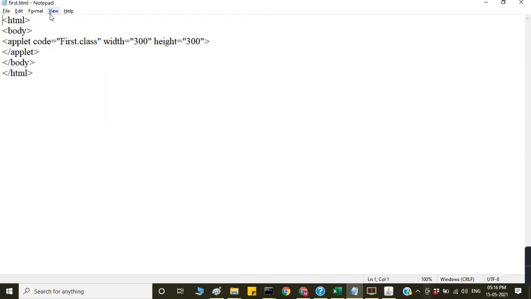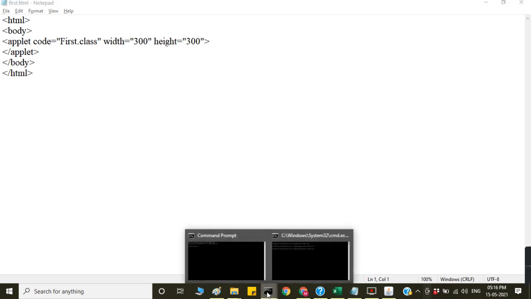It is not case sensitive. You can save the HTML as a.html also. Inside the body of the HTML, it is compulsory to add the applet code. It is the beginning applet code, with the class name of the applet you want to add, and the width and the height of the applet.